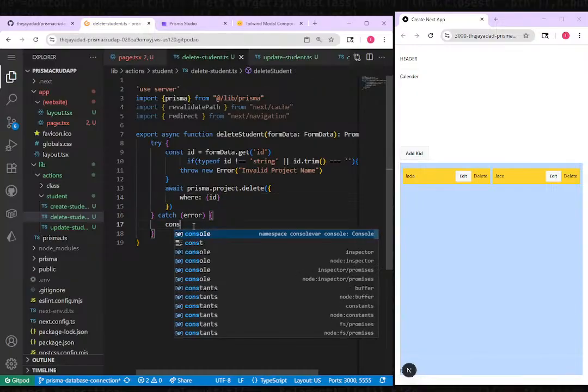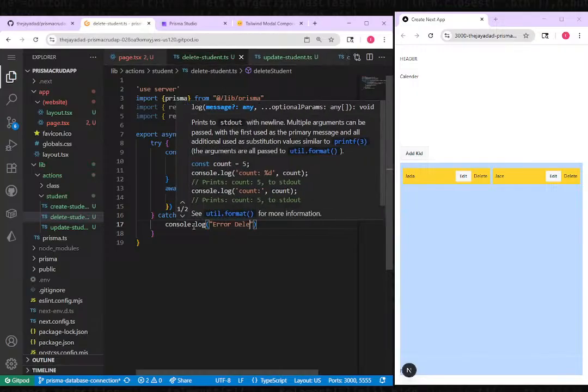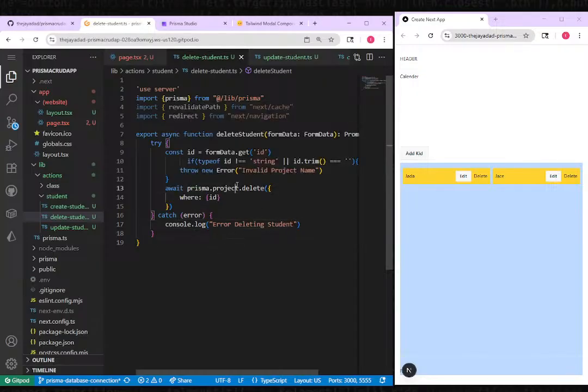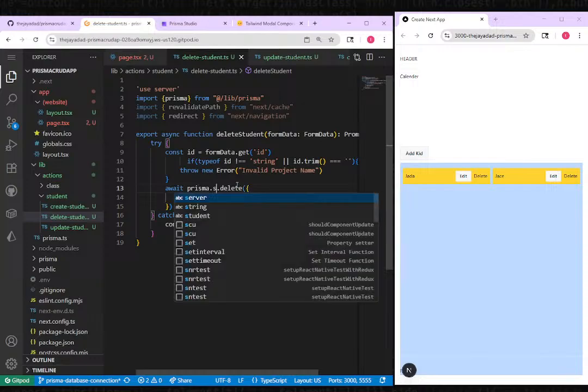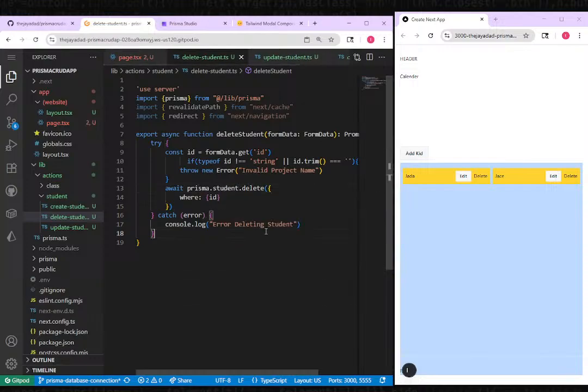If we get an error, we're going to log it to the console. Error deleting student. Why do I keep saying project? This is student, sorry. But if everything works and we're able to delete that student successfully, we're just going to revalidate the path